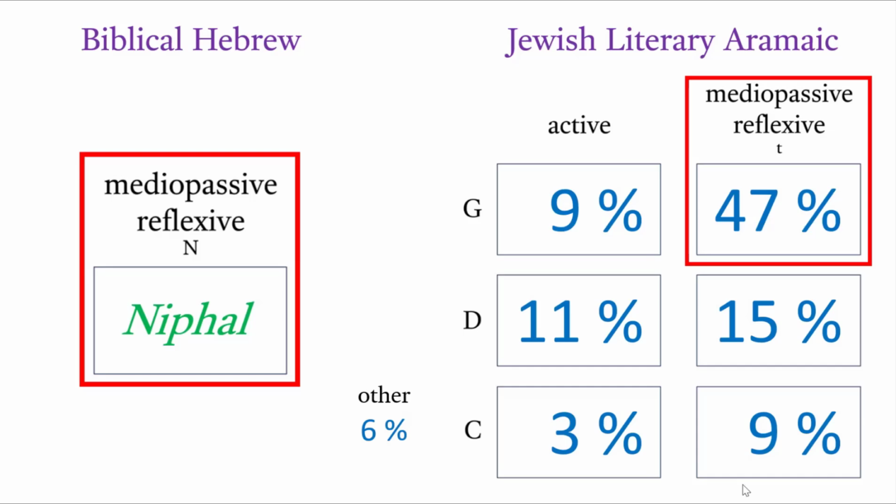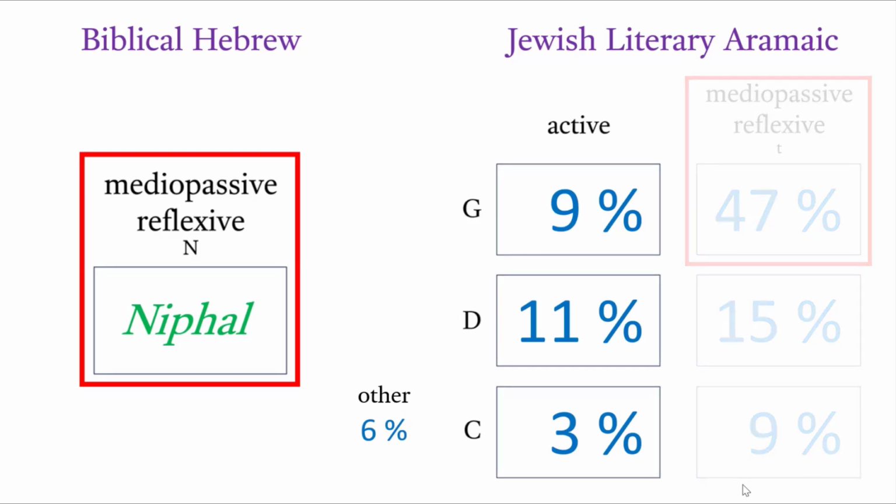Less than half the time, 47%. And, don't hold me to the abstract when I actually tracked down all 887 nifals in the Torah. The statistics were slightly different than what I presumed they were before I started. But it's sort of, from a research standpoint, uninteresting that there are 47% of these that are itpa'el, because that's sort of what we expected. And also from a research perspective, if Onkelos should choose to use the TD or the TC to translate the nifal, that's less interesting as well. So I'm going to gray that out.